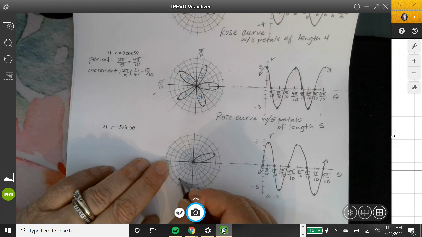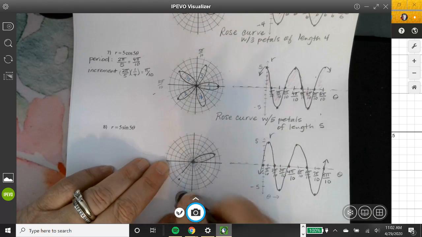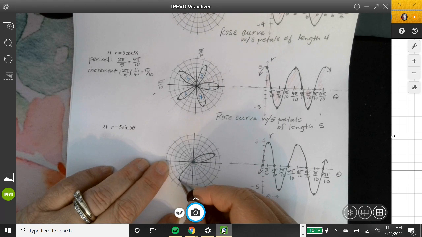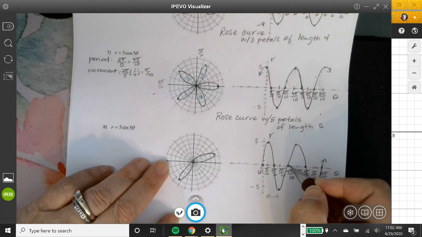This is halfway, so I'm going to put it right here. So we pass through the pole, hit this point a little bit more gracefully than I was going to do, and then go back to the pole. So now we're at 4 pi over 10 at the pole. Then we're going to go to